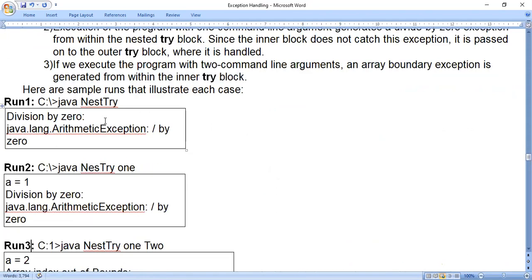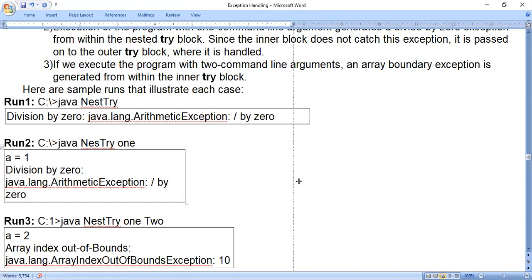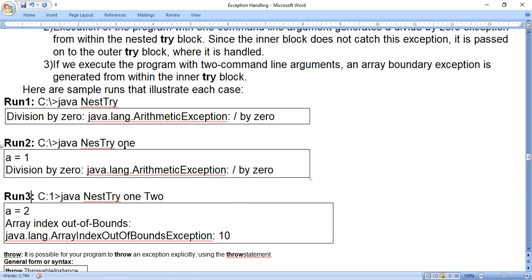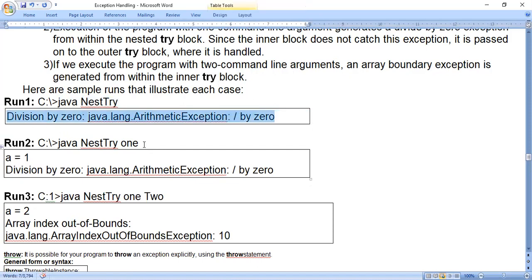Okay. So when we execute the program with command line arguments, that means in the command prompt, we have to execute like this: java, then the program name, nested try, whatever the class name you give, you have to mention here. If you don't type anything here, that is treated as argument length 0, so you'll get this error. And when you execute for the second time, after java nested try, you write one word, one integer value or one floating point value, indicating that we are using one argument.